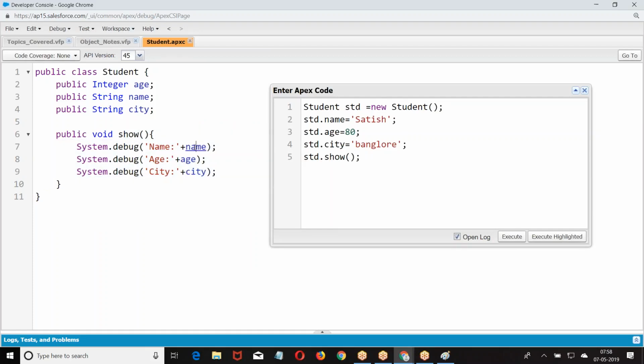Name. From where is that name taken? It requires age. From where are we taking age? std. Now city: std dot name, std dot age, std dot city. When I say std dot show, take the data from std, run the operation. Are you getting my point?